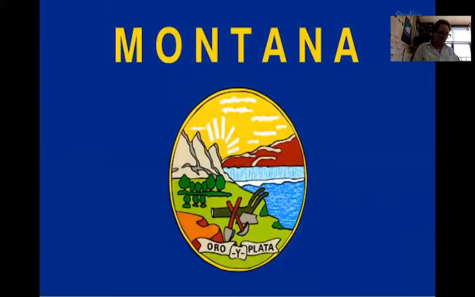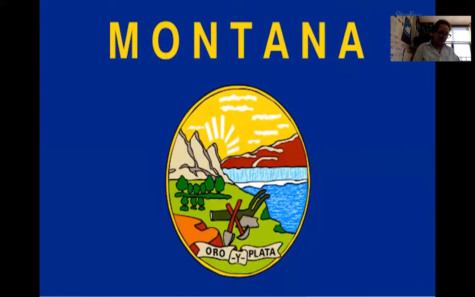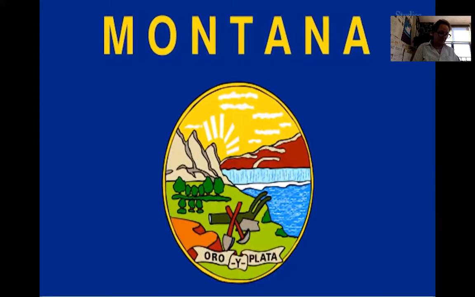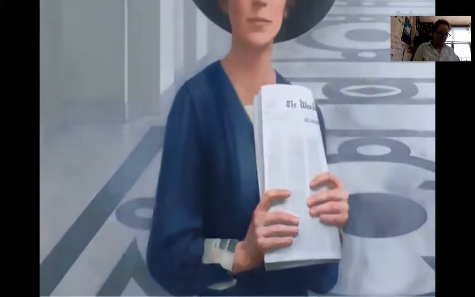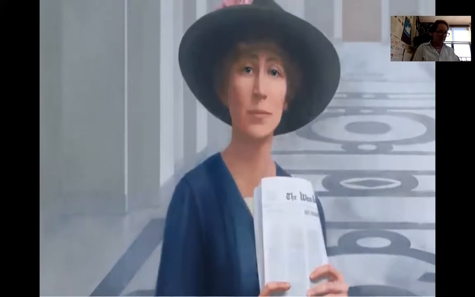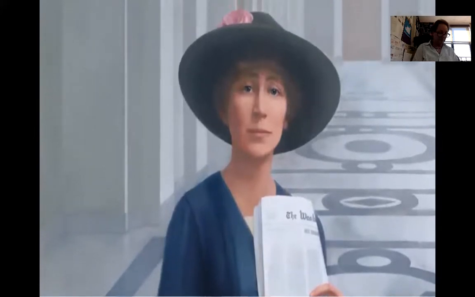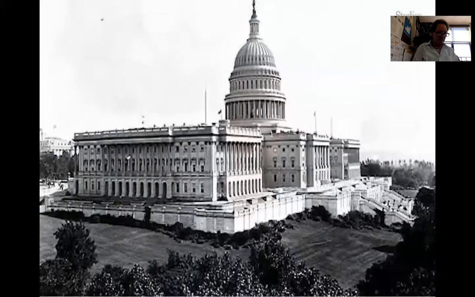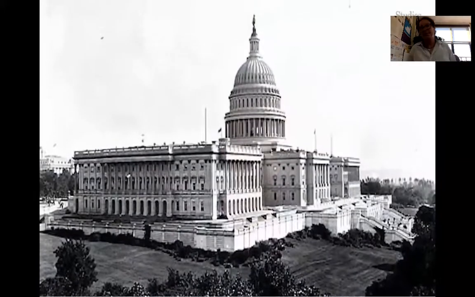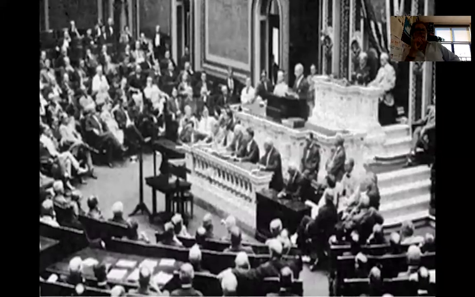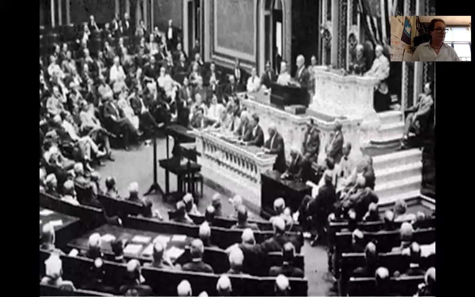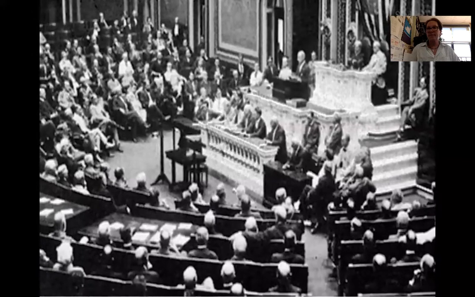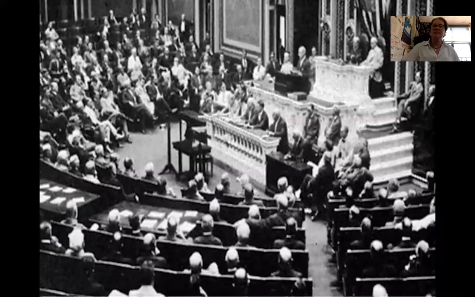In 1916, Jeanette decided to run for Congress in her home state of Montana and worked hard to be elected. She traveled long distances throughout her large state and gave speeches at railroad stations, street corners, potluck dinners, and schoolhouses. She won the election and became the first woman elected to the United States Congress. At the time of her election, not all states gave women the right to vote. Decisions were being made in Congress for suffrage, and Jeanette got the chance to be the first woman voting for women's rights to vote.